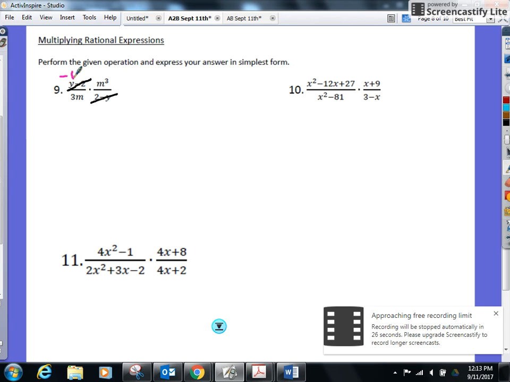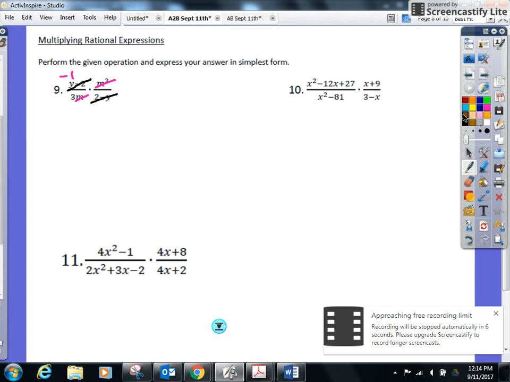All right, what's the deal here with the m cubed and the 3m? Well, what's the operation? Multiplication, right? Do you see any addition or subtraction between them? So you can cross out. How many m's do I have up here? 3. Watch your mouth down here. How many do I have down here? Just 1 of them. This doesn't mean 3 of them. You have 3 on top, 1 on the bottom, so I can get rid of them. But what am I going to be left with? And where? You had 3 on top, 1 on